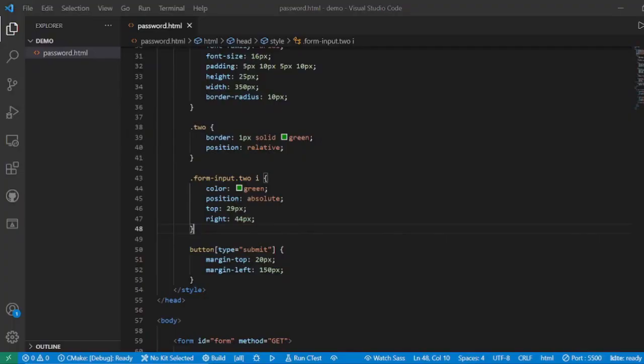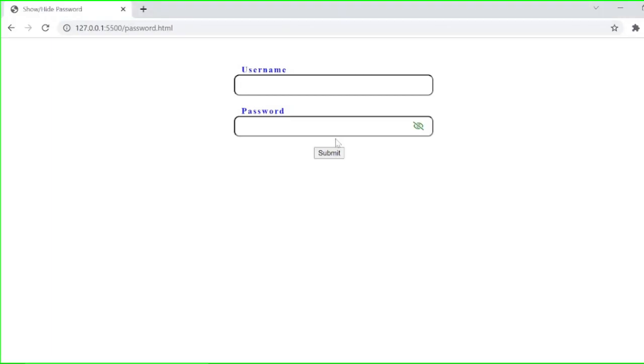Now that our work of decorating or making the visual features has been completed, we can simply comment this part and save it, and now we can see the I in its default closed position and the decoration is gone. So we have a simple password field. Now let us move on and add some JavaScript to it.